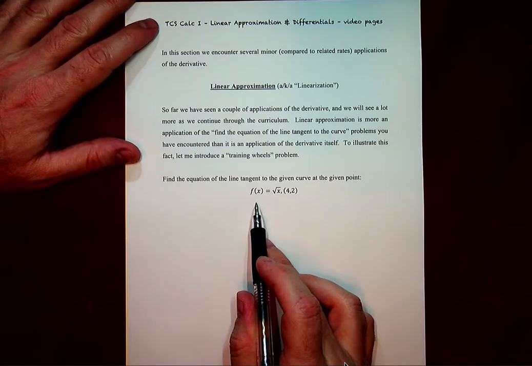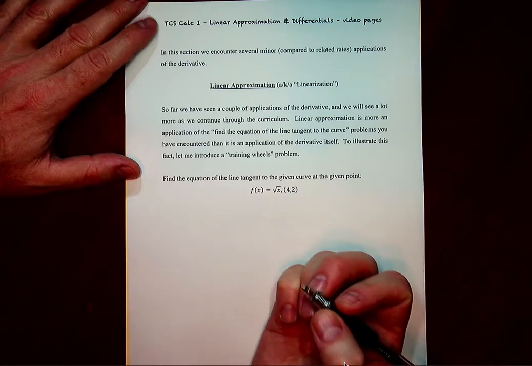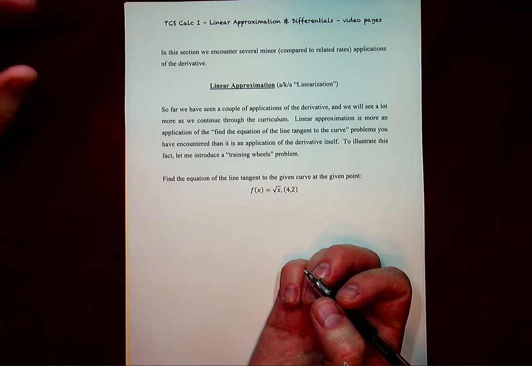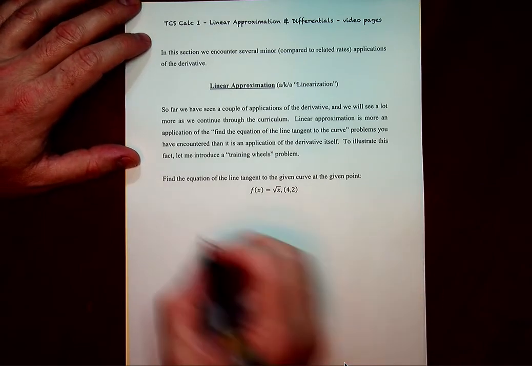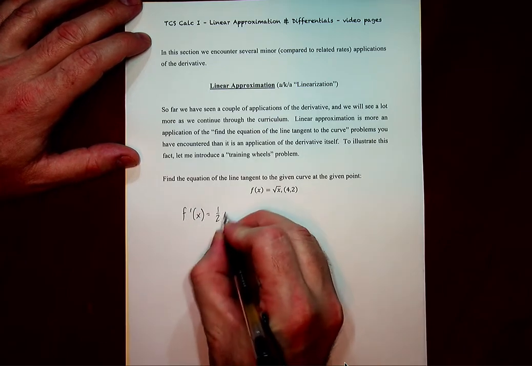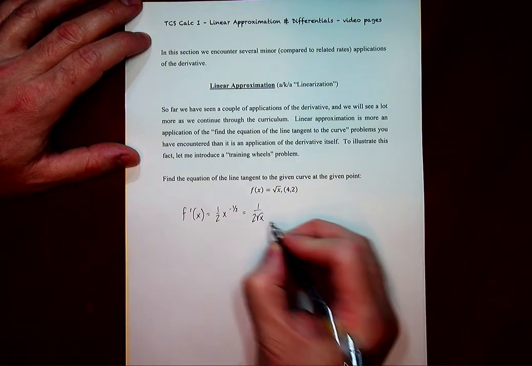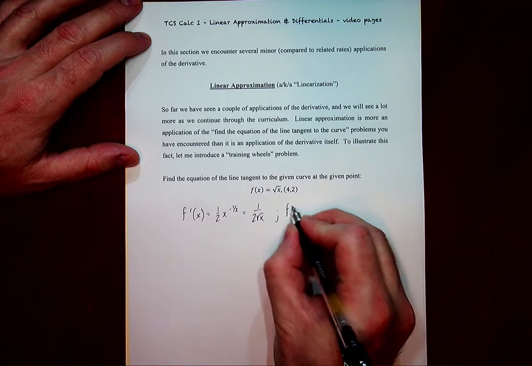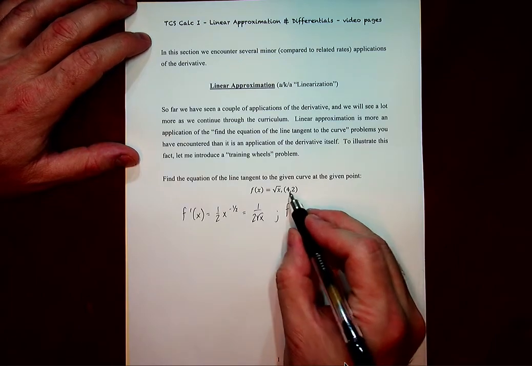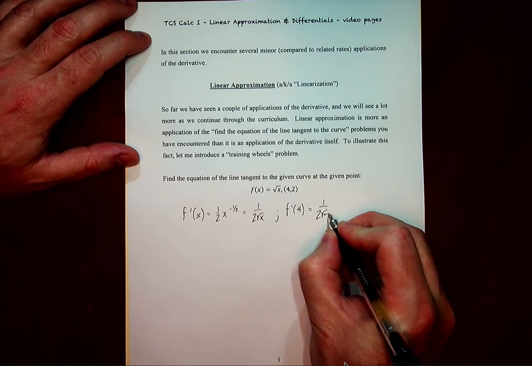Let's say we're given f of x is equal to the square root of x. Now, of course, this should be child's play at this point. And we remember that in order to find the equation of a line, we need to find two things, point and the slope. Well, we already have the point, so let's go ahead and find the slope. That is x to the 1/2, so its derivative becomes 1/2 x to the negative 1/2, or 1 over 2 root x, which means that my slope at the point of tangency that I'm looking for, meaning at the point (4, 2), is going to be f prime of 4, which is 1 over 2 root 4, or 1 over